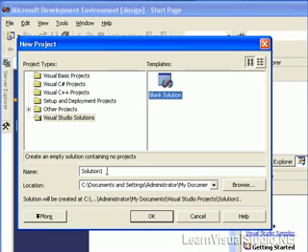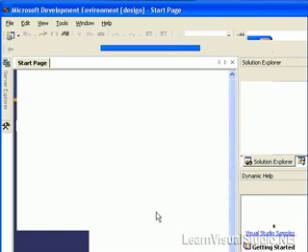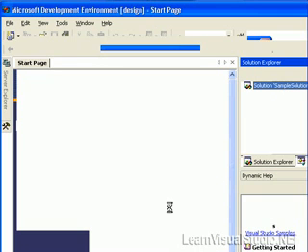So what we're going to do is create a new blank solution, and it's going to bring up the new project dialog and allow us to select a project type, but in this case it defaults to the Visual Studio Solutions blank solution. And I'm going to just type in sample solution and accept the default location. I'm going to select OK. Now when I do this, all that I get in the Solution Explorer is simply a blank solution with 0 projects. Now what I can do is right-click on this solution and select Add,